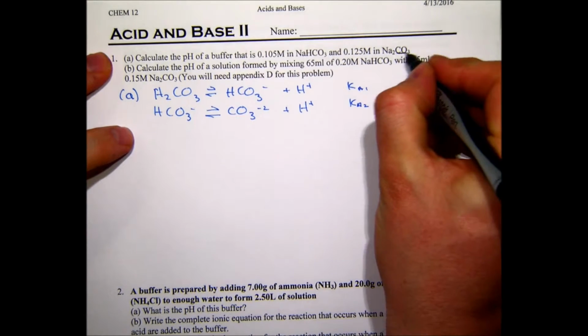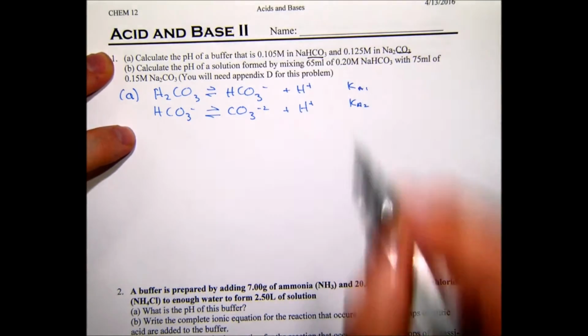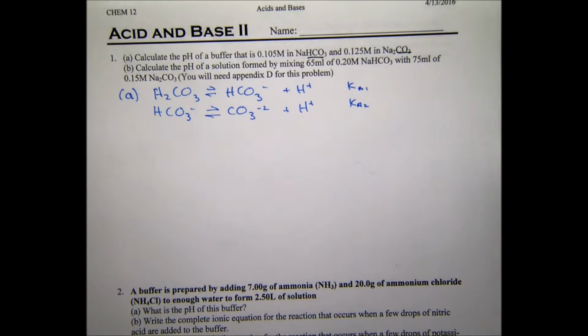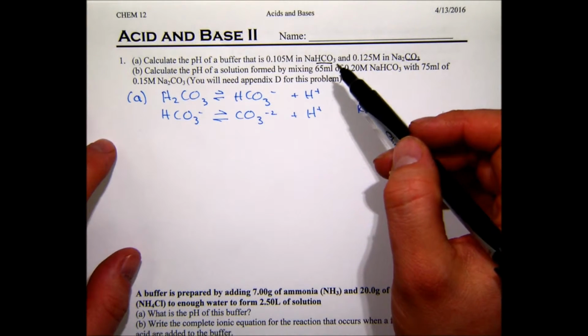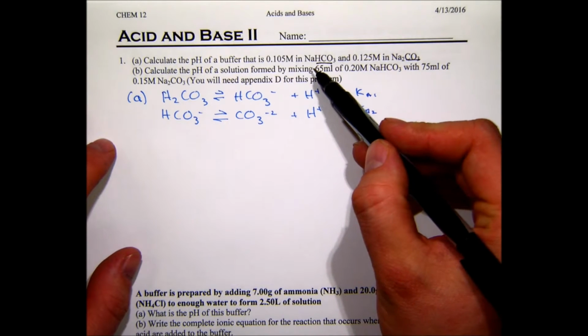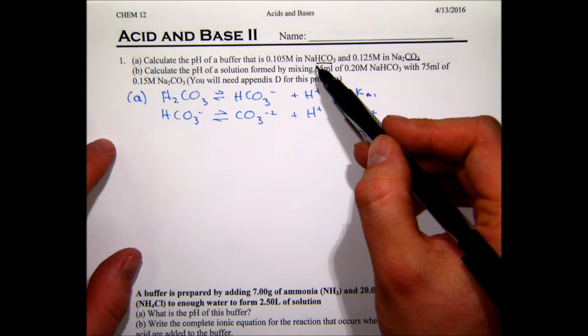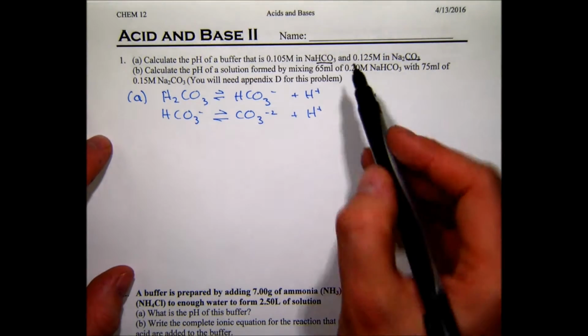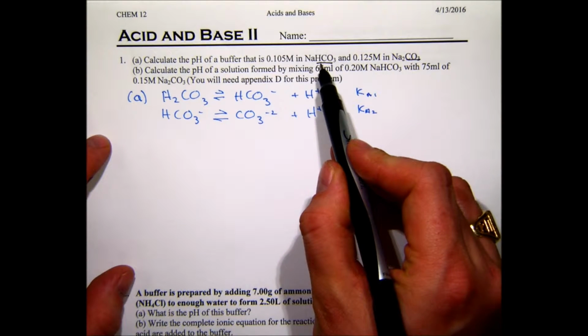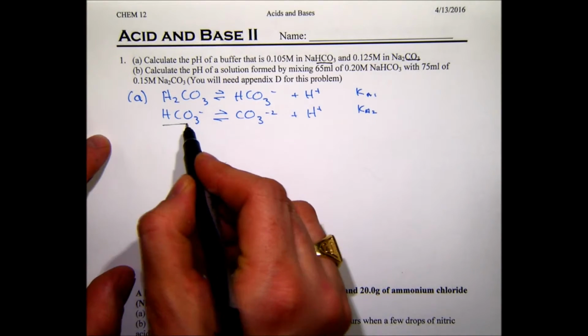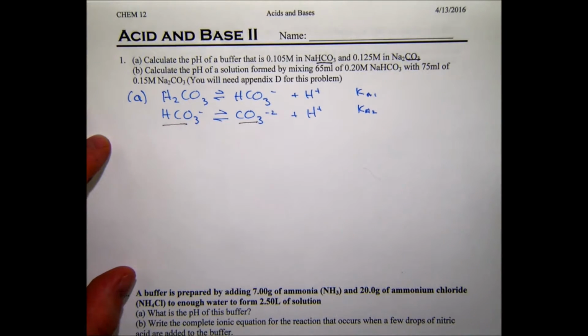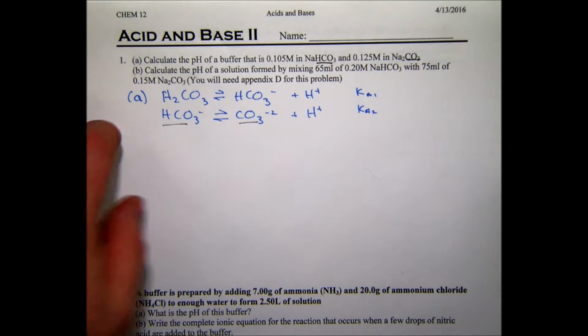So we have a carbonate and HCO3 present. We completely ignore the sodium or whatever counterion it is. Counterions are easy to identify because generally they're group 1 or group 2, mostly group 1 elements. So you're looking for sodium or potassium. So we're looking for the equation that has both HCO3 and CO3, and that would be the second one. So we're going to use Ka2,